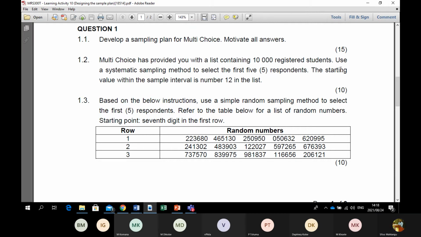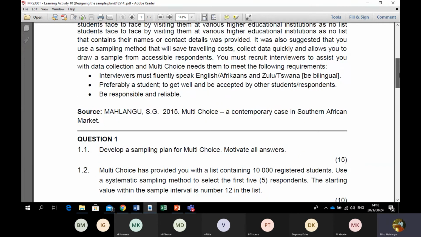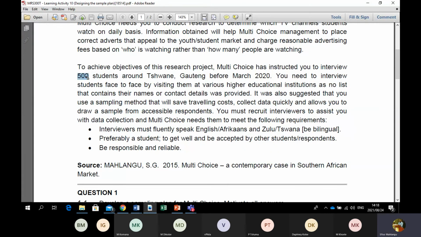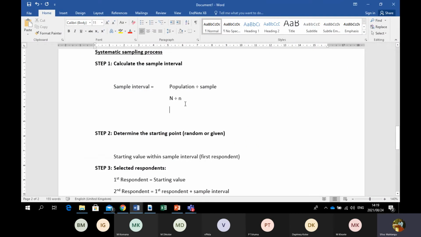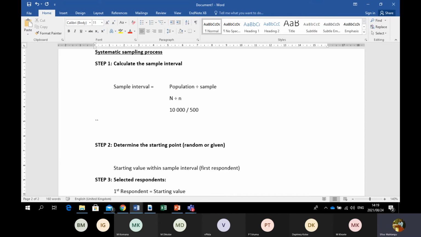10,000. And reading the case study, we must interview 500. So our population, people that qualify, and we have them in the list, they are 10,000. We must only interview 500 of that 10,000. And that gives us a sample interval